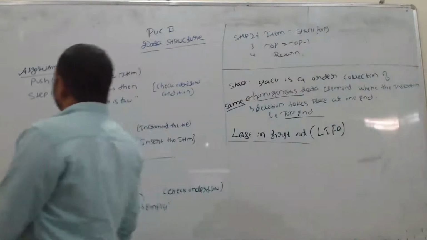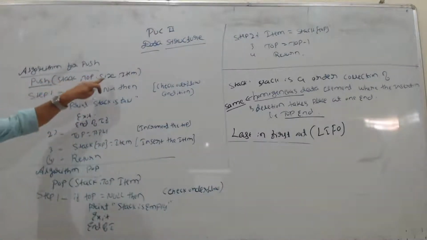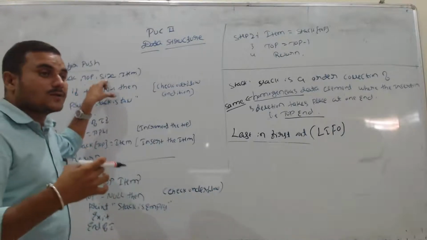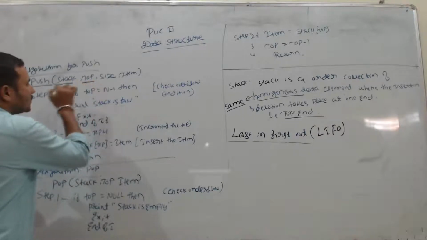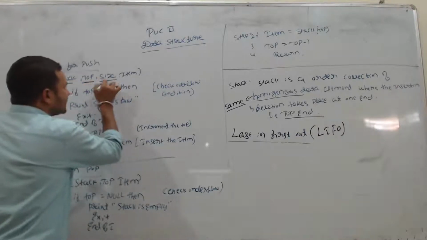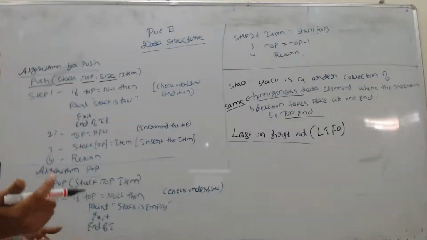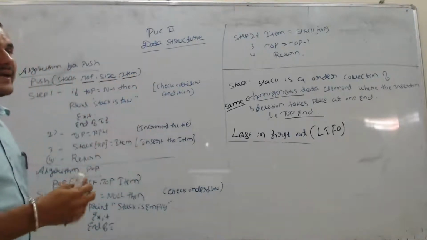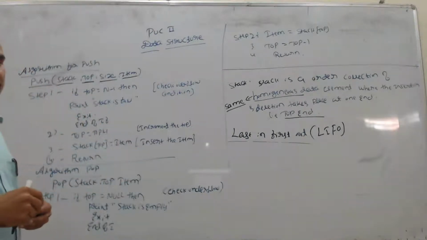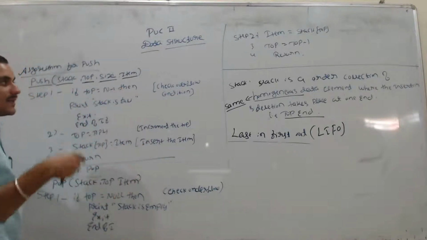So then here, push algorithm, obviously stack, top, size. Size is the capacity of the stack, that is 5, 10, whatever you mention. Items means which item you are inserting into the stack. Clear? Same. If top is equal to n minus 1,